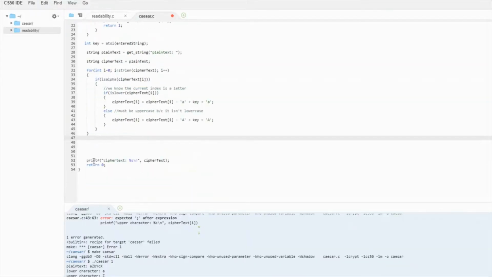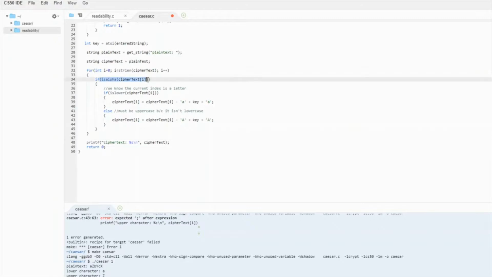So now, if I come down here, I still have that print ciphertext. This should go through. Anything that's a letter is going to find out which letter it is, do this formula against it, and then modify that letter to be what I want.